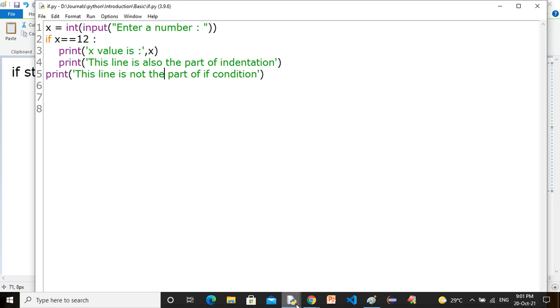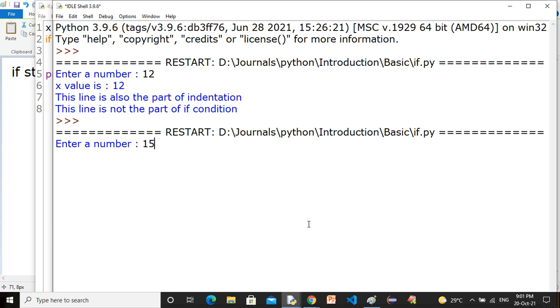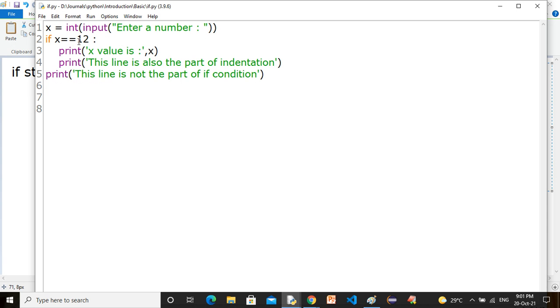So now when you run this program, look what you are getting. Look, this line is not part of the if condition. Why so? Because the condition is false. Once this if condition returns false, line numbers 3 and 4 will not be executed. Is it clear, Devraj? Please write it down.